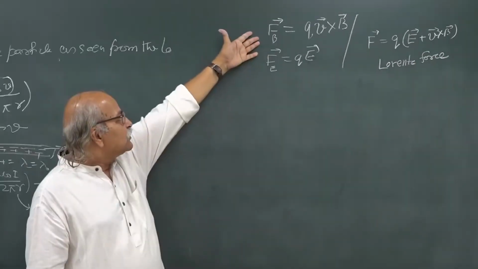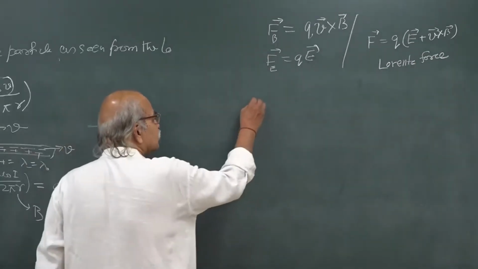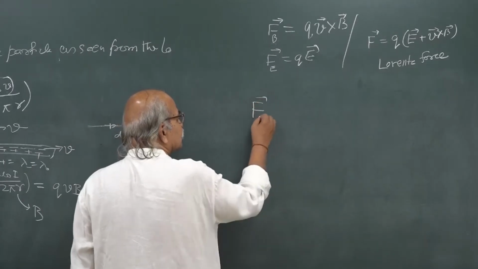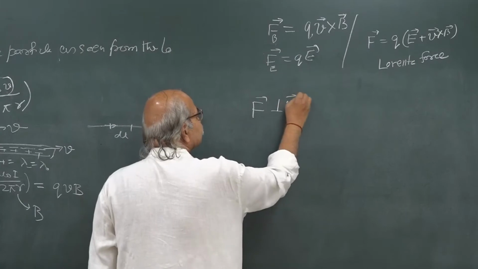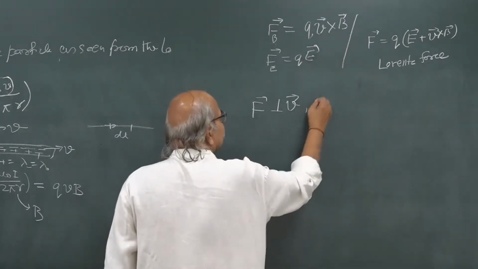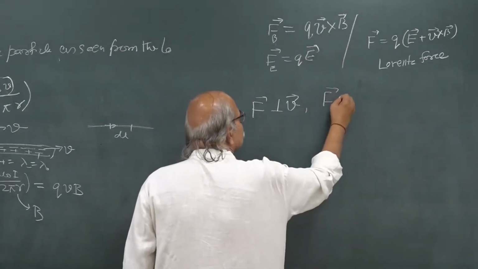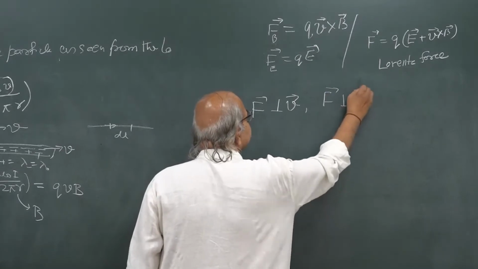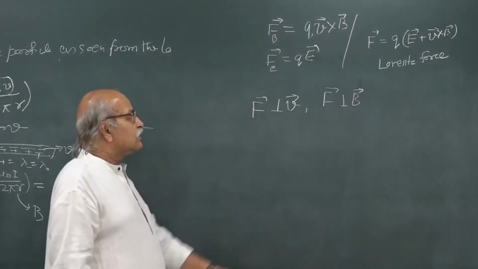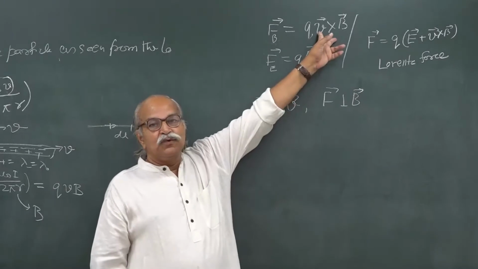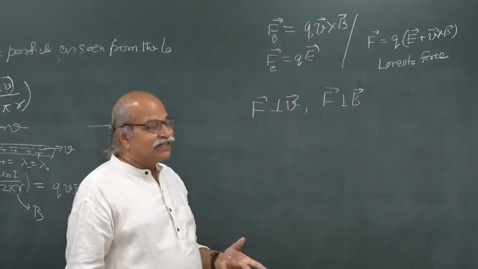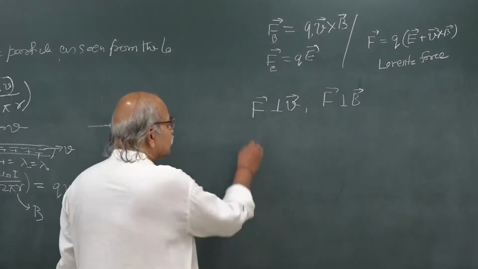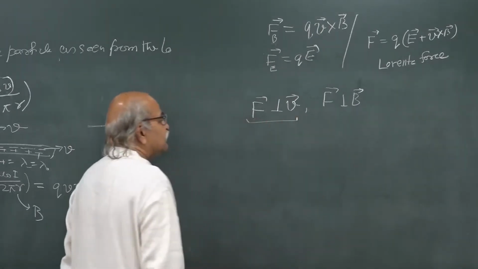This equation tells us that the magnetic force is perpendicular to the velocity, it is a cross product, and also perpendicular to the magnetic field. The cross product of two vectors is perpendicular to each of the two vectors, and therefore it is this. Now, this has a very interesting